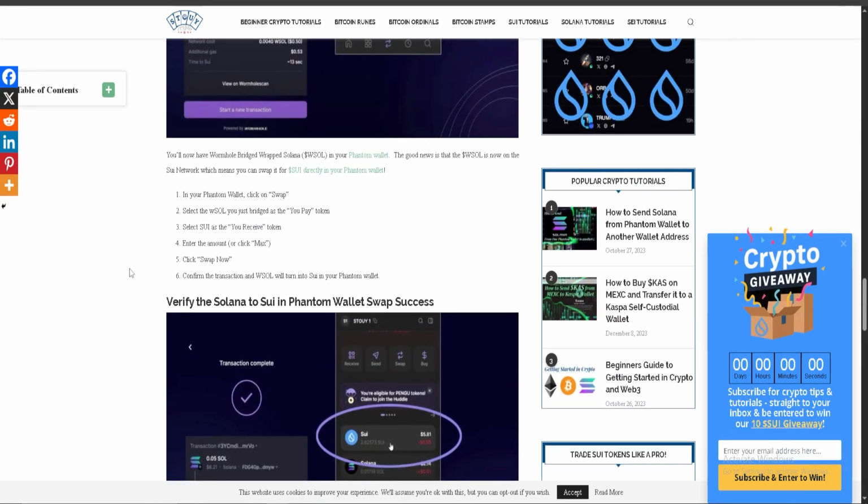In your Phantom Wallet, click on Swap, select WSOL you just bridged as the You Pay token, select USDT as the You Receive token, enter the amount or click Max, click Swap Now, confirm the transaction and WSOL will turn into USDT